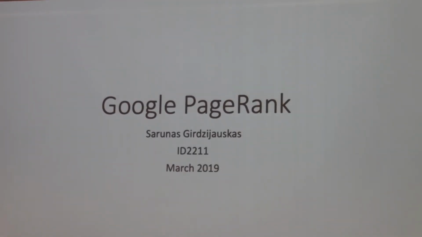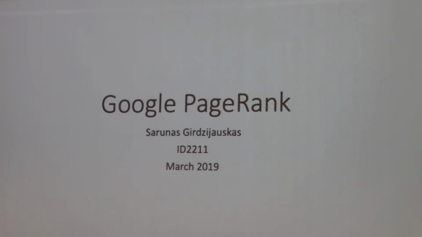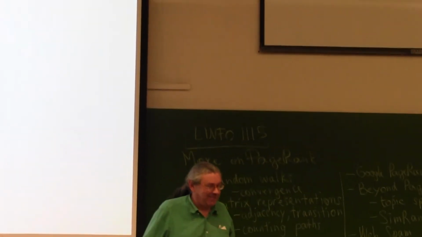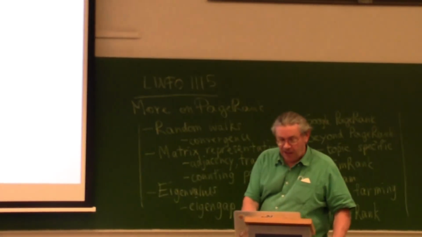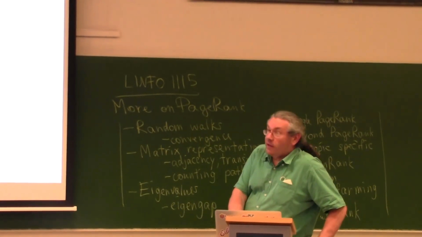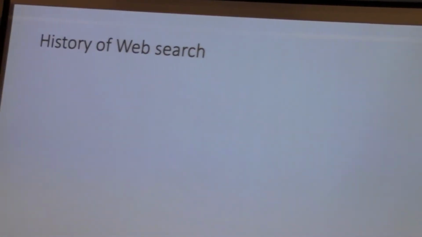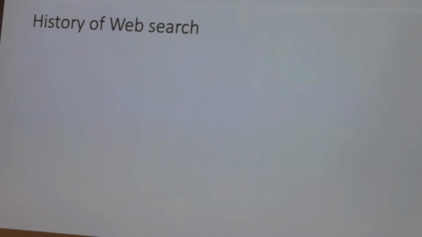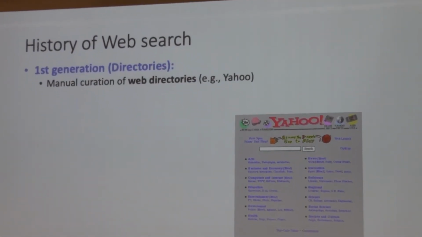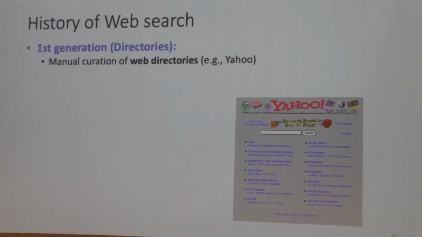And now I'm going to change. The first part of the course was kind of the theory part on random walks and matrices, giving you some intuition. But now, in the second part, we're going to start talking about PageRank-y things. So let me now give you a view of the history of web search and how Google came to be the king. Now I'm going to go through history.